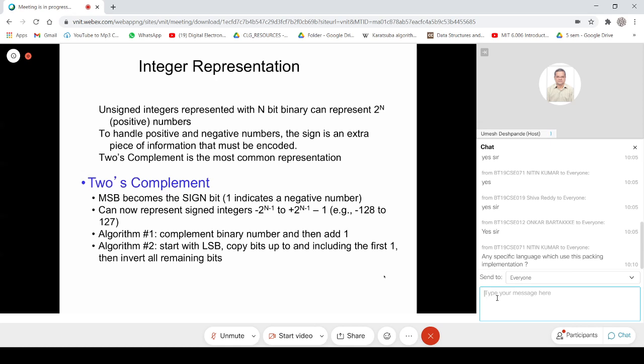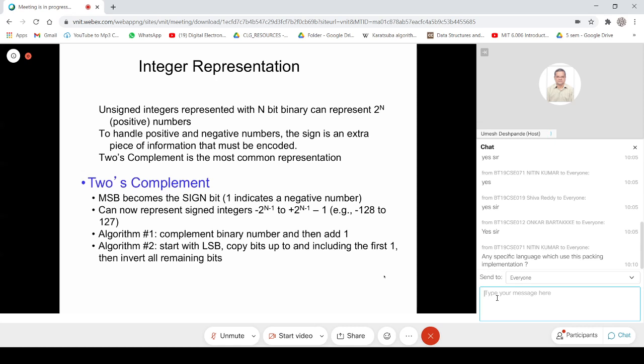Similarly, higher values of it we can find out. So how do we represent a negative number? There are two ways, and both of them are equivalent, and I'm sure you must have seen them earlier. One way is to take the positive number and complement it.